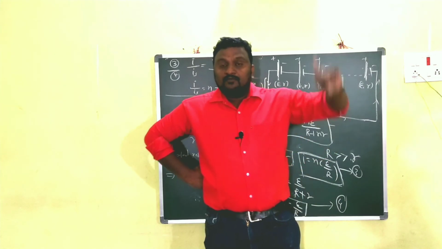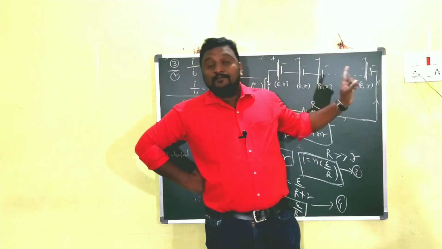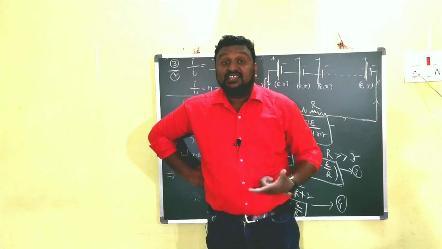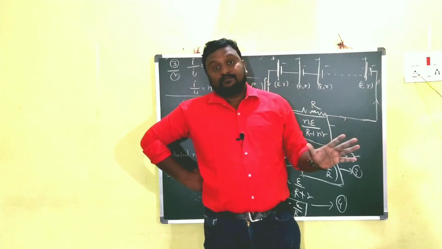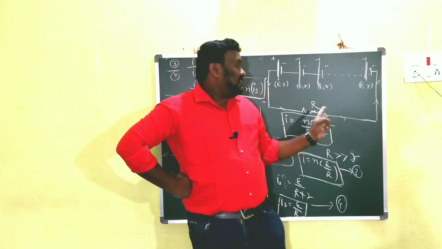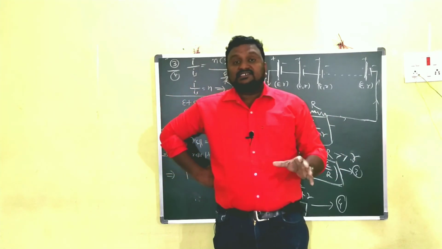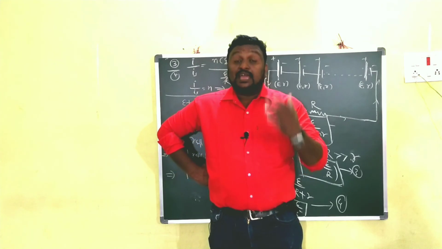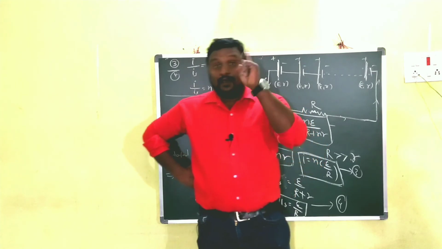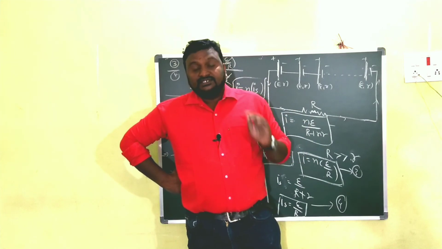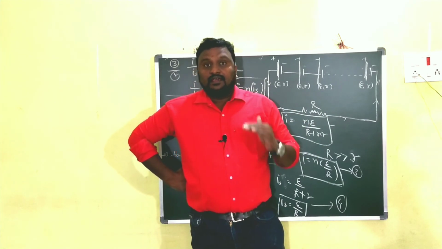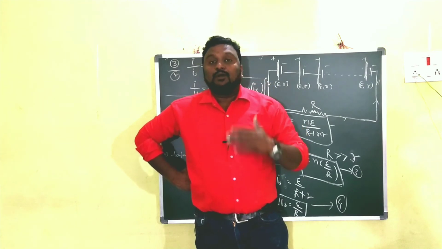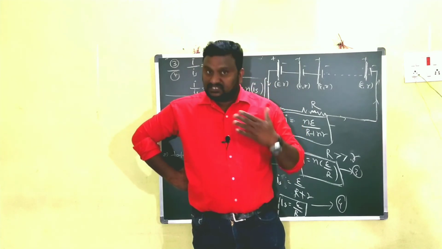And between the positive of the first cell and the negative of the last cell, an external resistance should be given. The external resistance value is capital R. In series combination, we have to select R in such a way that capital R is much greater than the small r. Clear? After that, we want to find the total amount of current in the series combination of cells.